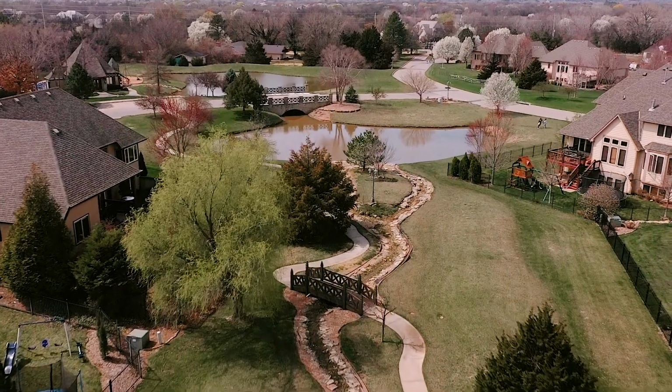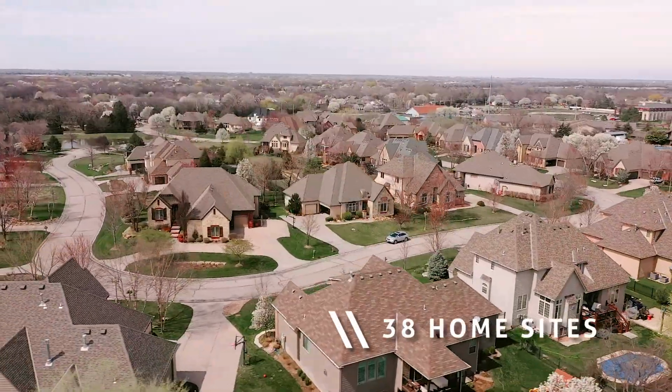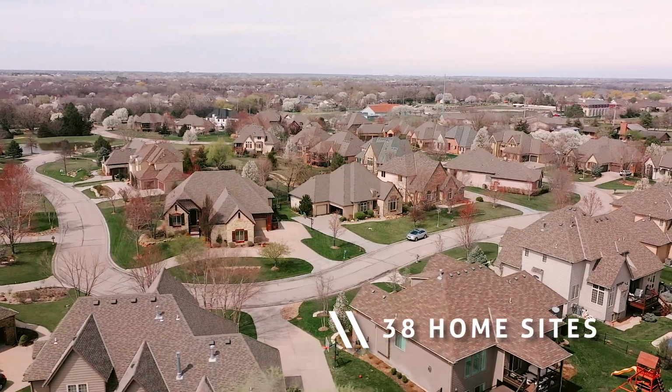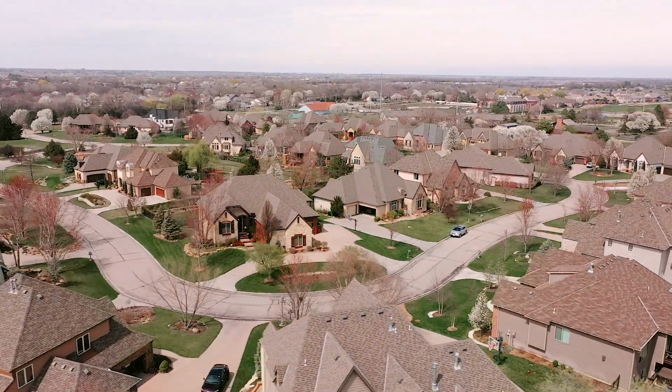stream and pond. The neighborhood Chateau is a picturesque neighborhood that's very quaint. It has 1 entrance and 38 home sites, and it was designed by Bob. He had a vision of recreating a village in France. And if you've never been to the neighborhood, it's extremely quaint and picturesque and beautiful. The houses have high-pitched roofs, side-load garages, lots of brick and stone and timbers on the front facades, and the